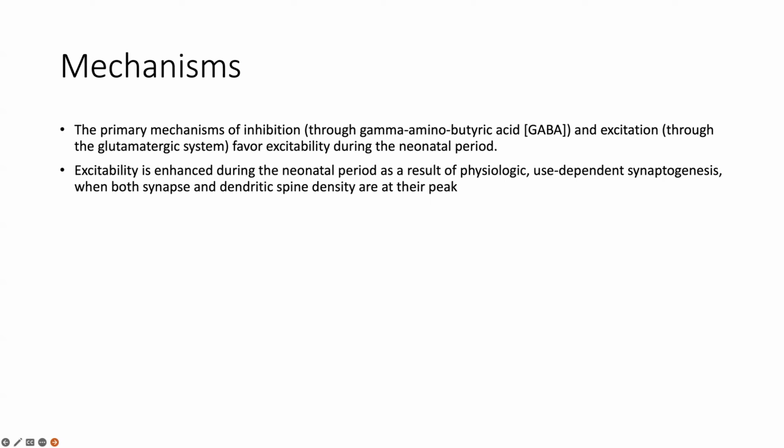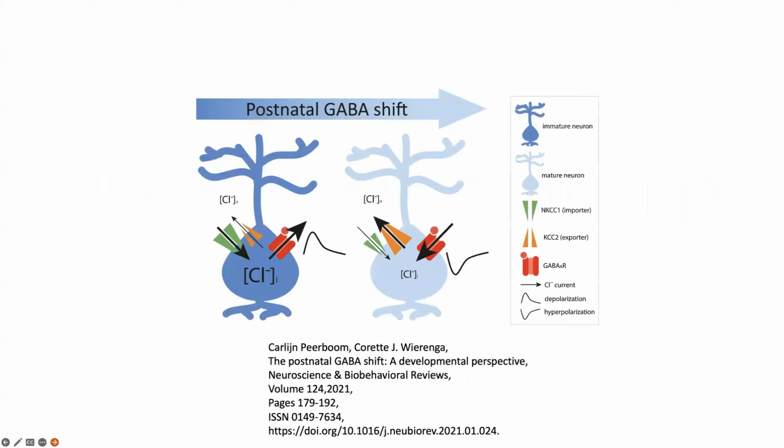Why? This is due to the physiological need for the newborn brain to have an excitatory excess during this period, because synaptogenesis and a lot of neuronal plasticity is going on. The brain is growing very rapidly during the first year. You know that the brain grows at its most rapid speed during the first year of life. That is why we have a very rapid, around 10 centimeter increase in the head circumference during the first year of life. So this is why the brain needs to be in a constant state of excitation, and that is a downside because this provokes the newborn to have seizures for any acute illness.